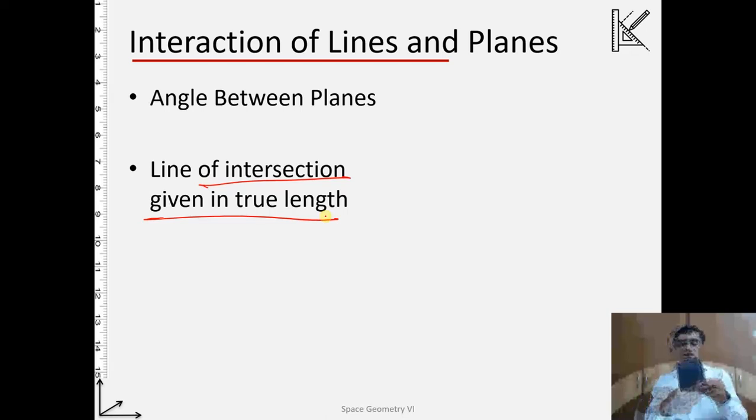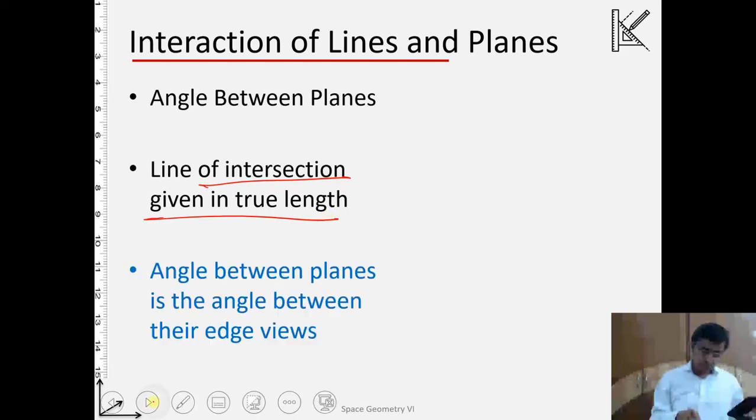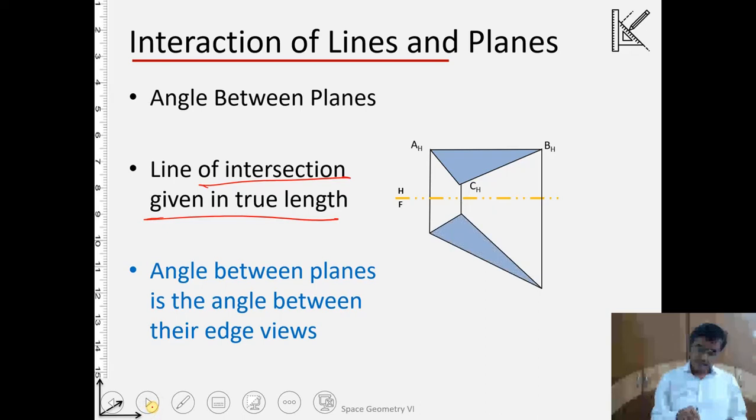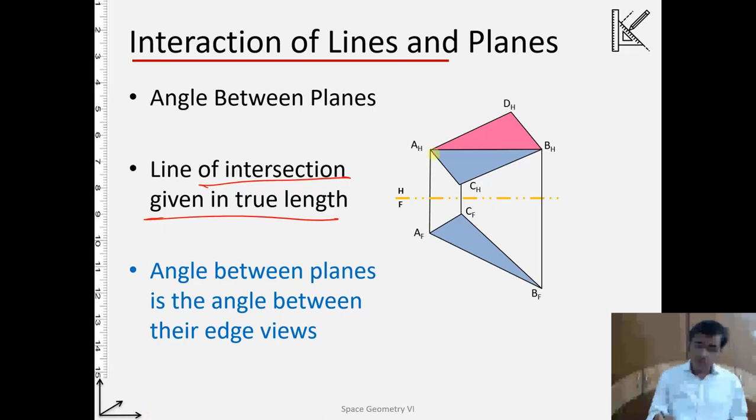Because this is parallel to the frontal plane, that's why it is true view, and this is how the case is. So 1, 2 planes, line of intersection. Let me show you this. So plane number 1, say ABC, is the projection on the horizontal plane, and then the corresponding projection of this plane on the frontal plane. Then the second plane is ABD, and the line of intersection of these two is this.